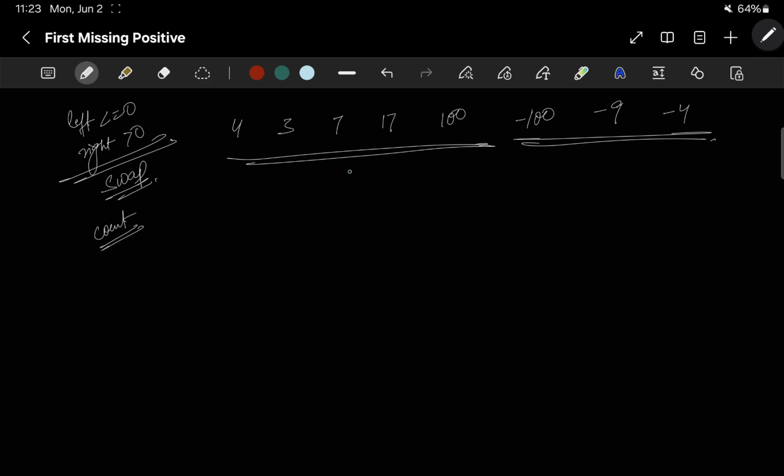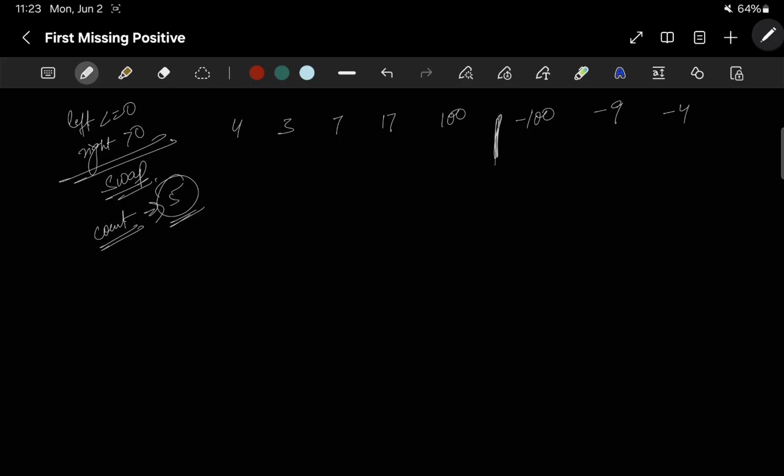The elements. How many positive elements are there? If you see, we have 5 positive elements. So we know that our count is 5. So we know that our third iteration will go till this point only. Okay. So let's use the index 0, 1, 2, 3, 4, 5,